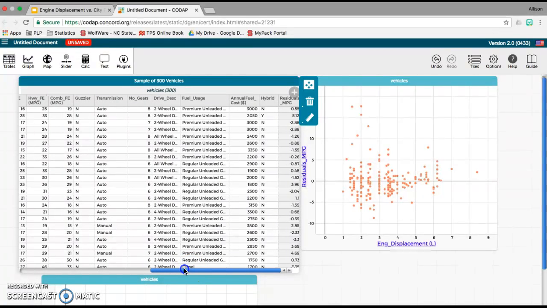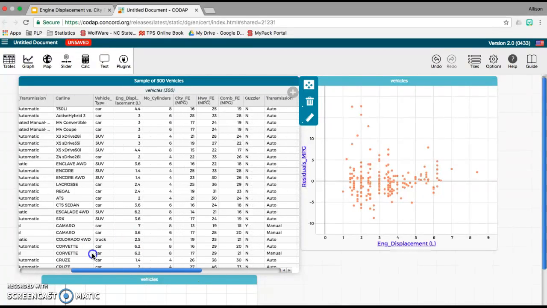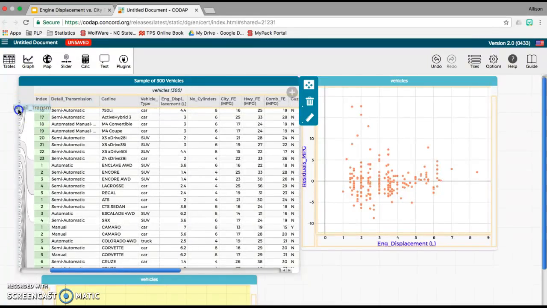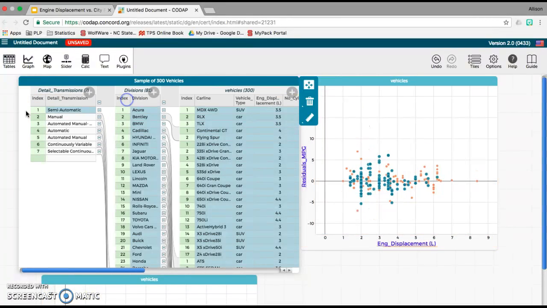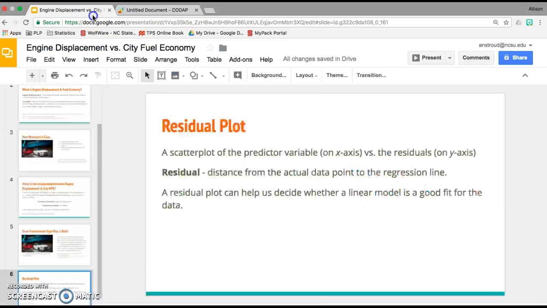One thing to do, maybe take away all of the other vehicle types and just look at the transmission, and particularly the semi-automatic. Notice it does affect the residuals. Maybe looking at that a little bit further. But to summarize,